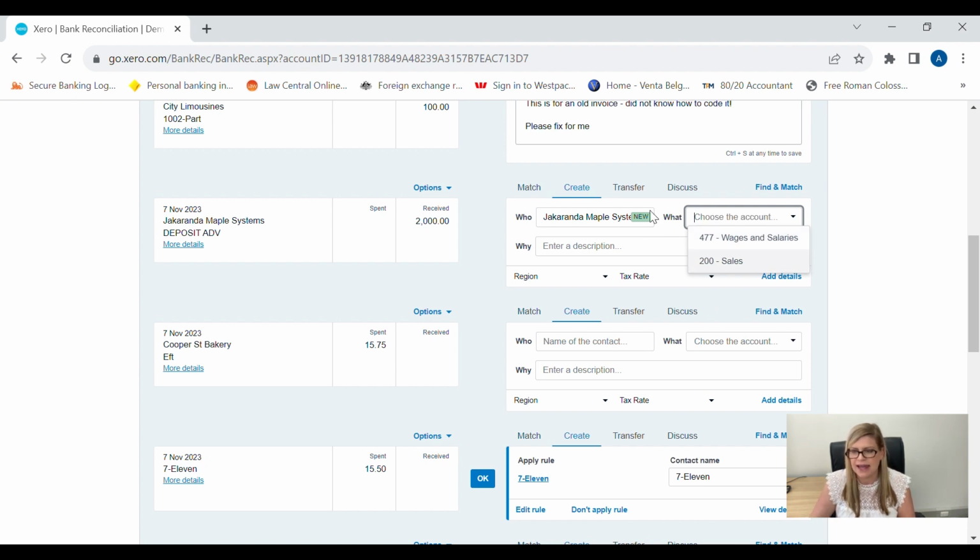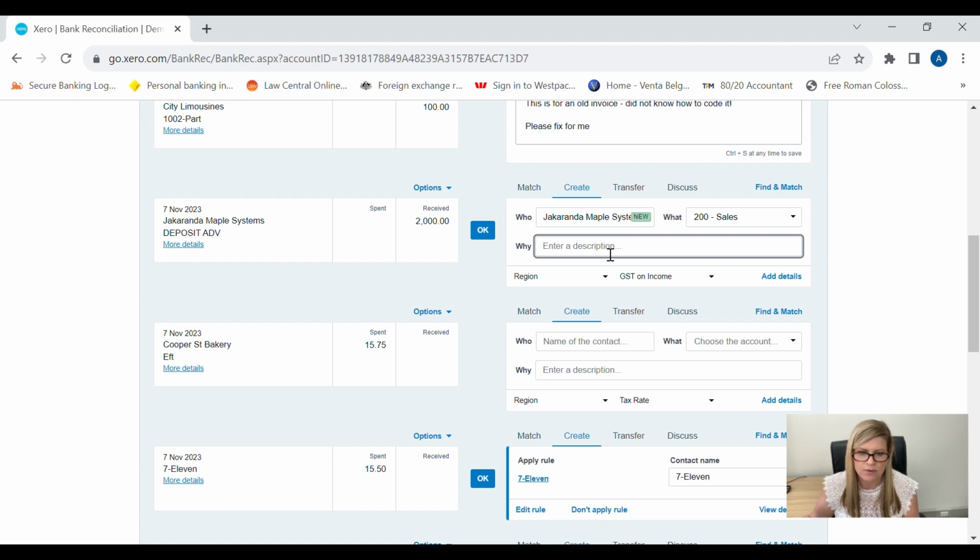So we're just going to select sales. And then here we can say what it was for, what we did for it. And we can basically say it was the sale of goods and services, or you can be more specific. You can say the sale of 15 jumpers, or you can say it was for the installation of a TV